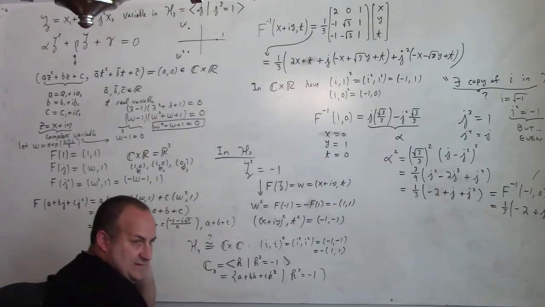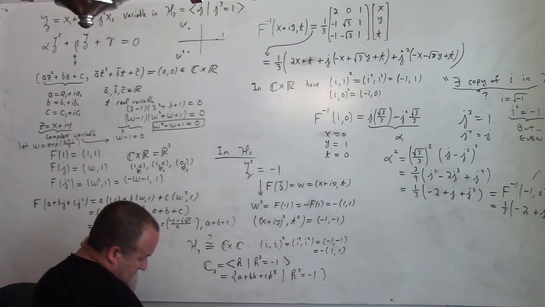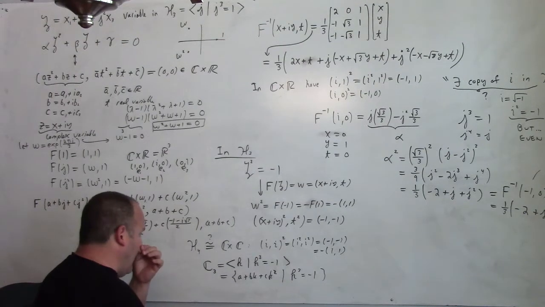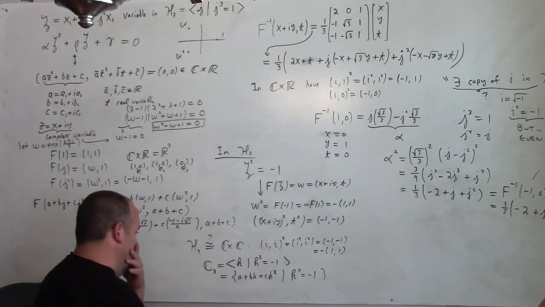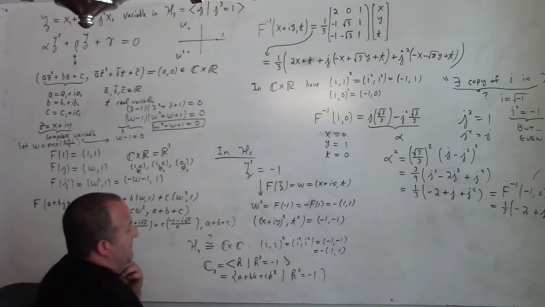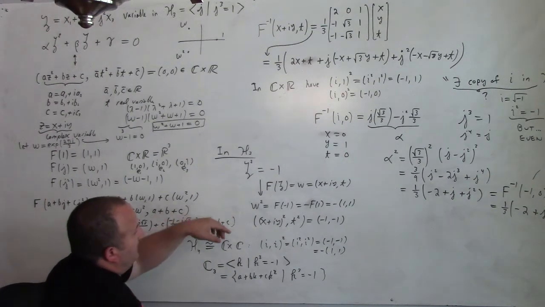So, question, is this isomorphic to H3? No. K cubed is equal to negative 1. If you would map it back inversely through F, what would F be though? My thinking is that J cubed in H3 is 1. Yeah, J cubed is 1. But, well, that's a question, right? Yeah. What if you, instead of having